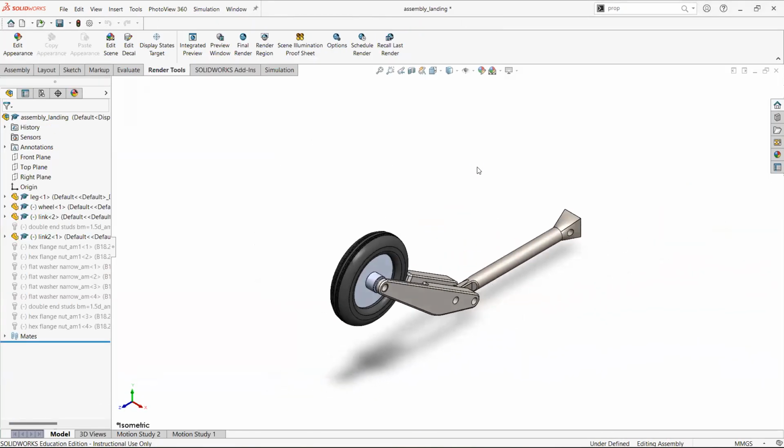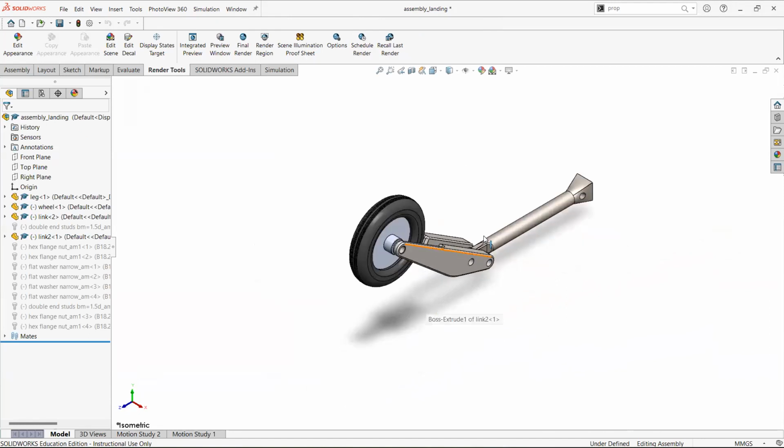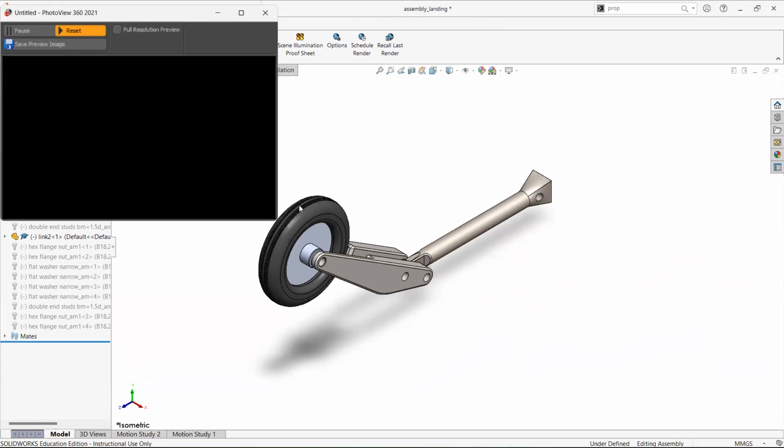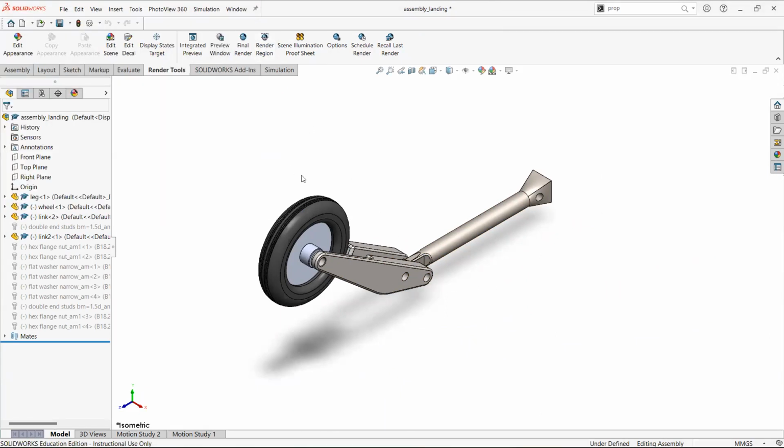And finally, we saw how we can create a render of the picture for this part so that we can feel how it will be textured, how it will look after creating it with the required materials. And so with this, this SolidWorks course is done, and this will be the basics of